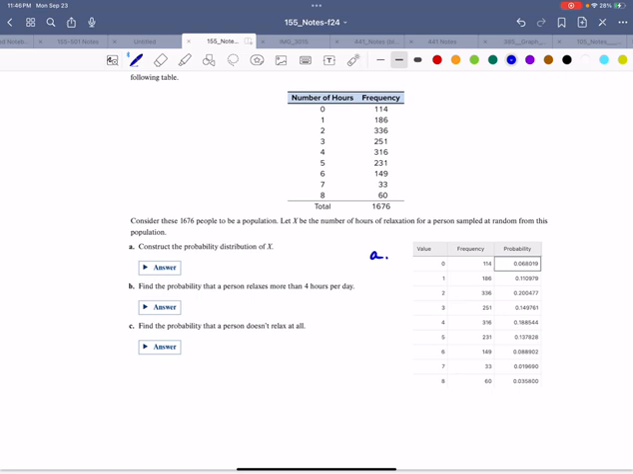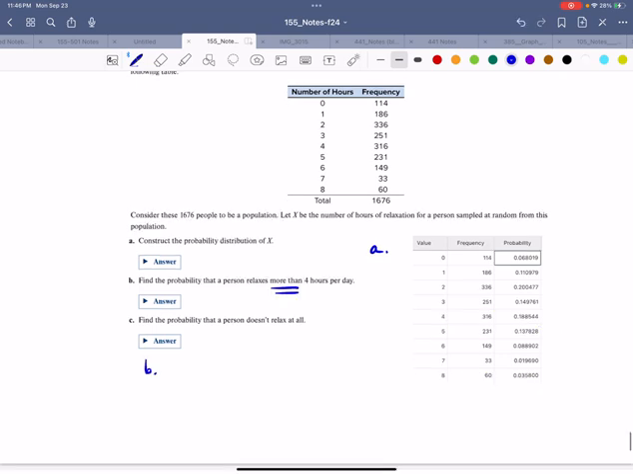Find the probability that a person relaxes more than 4 hours a day. Be a little careful with the wording of these problems. More than does not mean at least. It means more than. So we want the probability that we relax for greater than 4 hours, the probability that X is greater than 4, which is going to equal 0.138, I'll just do it to the nearest thousandth,